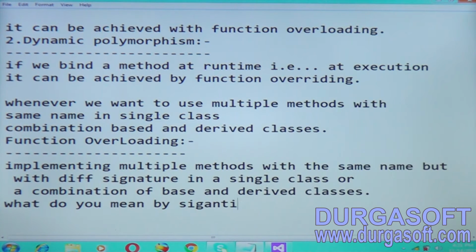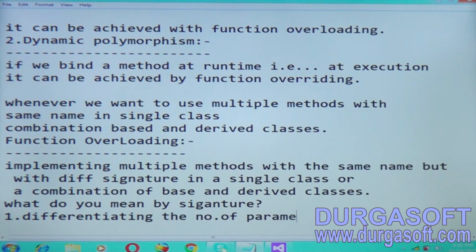We have already seen this signature. I explained in previous sessions what a signature is. Number one is differentiating the number of parameters, that is, how many parameters are there within that method.